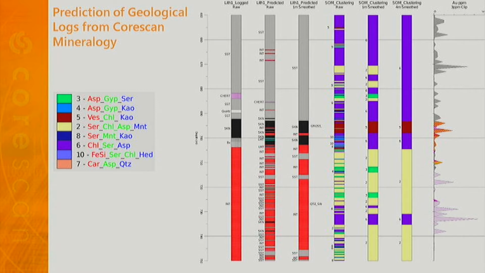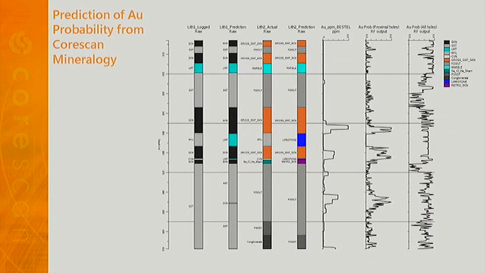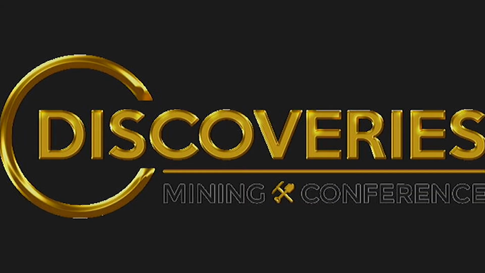And then from there, we can actually pull in the gold assay, the actual gold assay. We teach the computer what gold means, what defines gold, what clusters of particular alteration minerals. And from that, we can actually start to predict gold grade. So what I'm showing you here is the human logging on the left, and then the computer on the right for both sets. The set one over here,